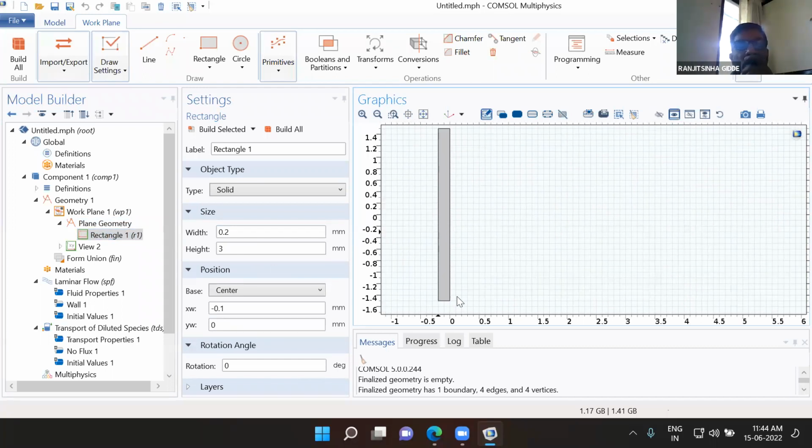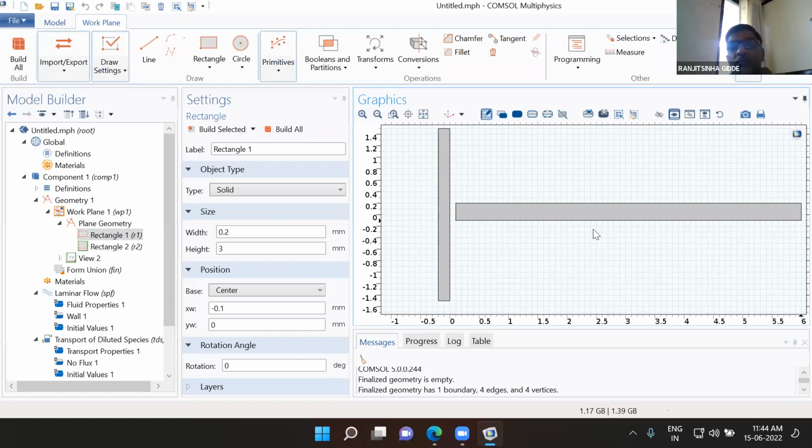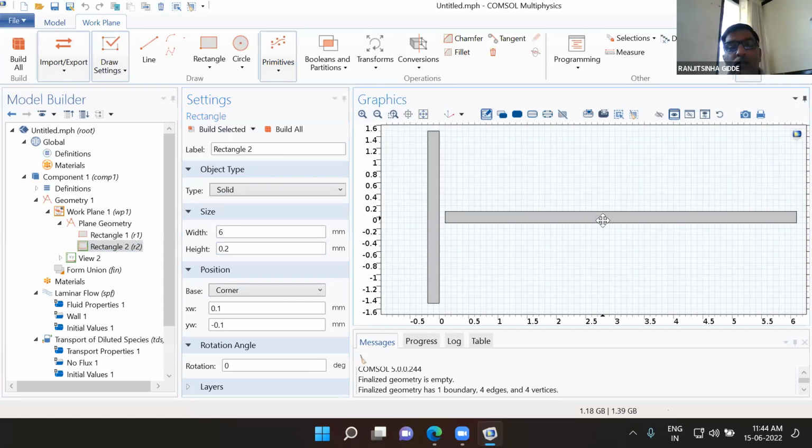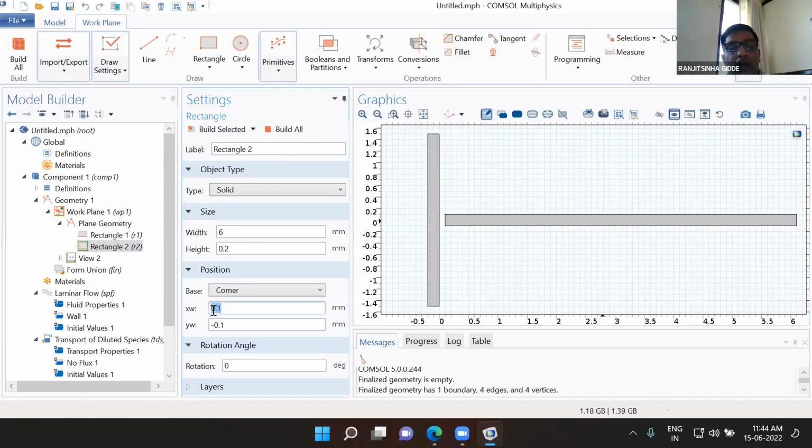Okay. So this I will represent as the inlet 1, this as the inlet 2, and again I have to draw the channel here. So for that, I will select one rectangle. Here I will mention width as 6, height as 2, and again I have to